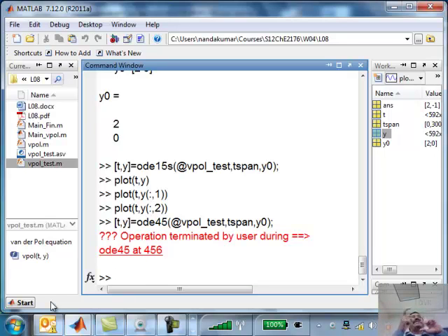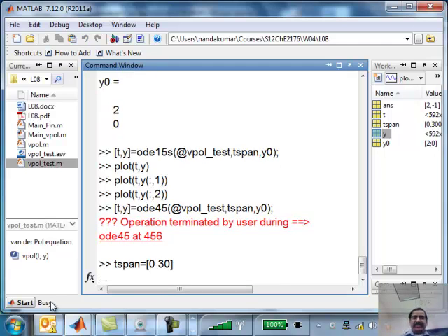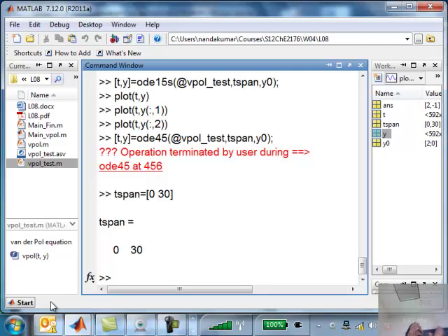To get an idea of how long it takes, I'm going to show you a simple test. There are two functions called tic and toc. They basically clock a particular function, so you can time how long it took to do a calculation. Let me change the t-span to 0 to 30. Instead of going for 5,000 or 3,000, I'm just testing the speed. I want to take a smaller step and see how fast it can do.